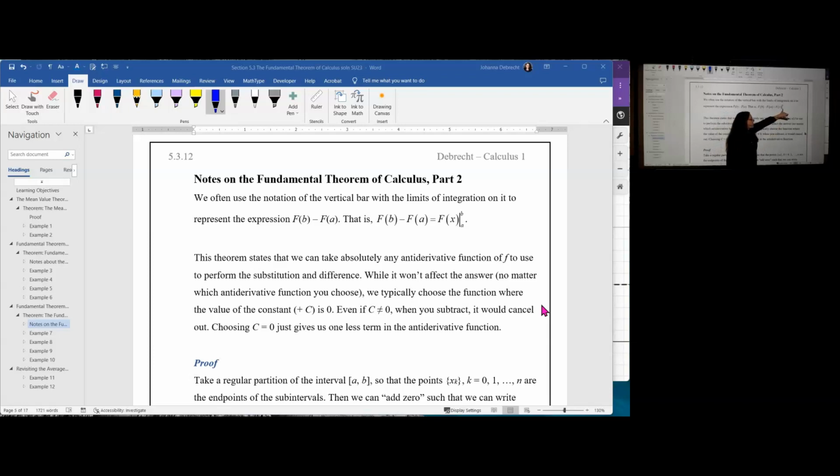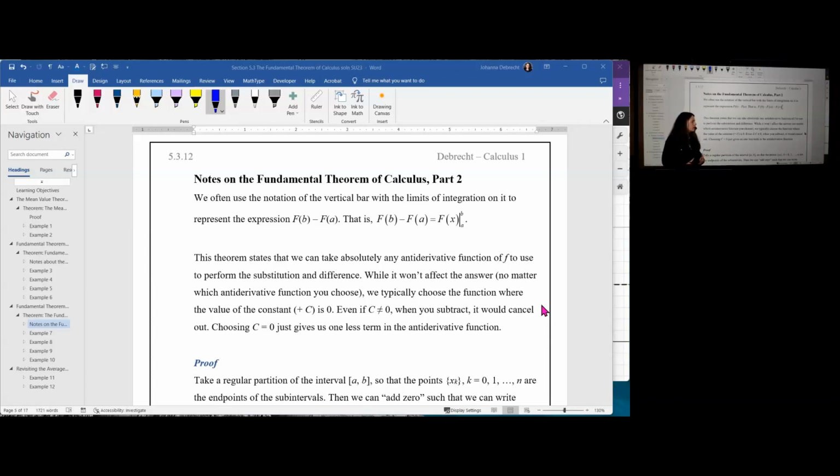So we put a at the bottom and b at the top, and we write the antiderivative function F of x evaluated between a and b. Again, it's going to be evaluated at the upper limit minus the evaluation at the lower limit. This says we can take any antiderivative of lowercase f and use it to find the area between the curve